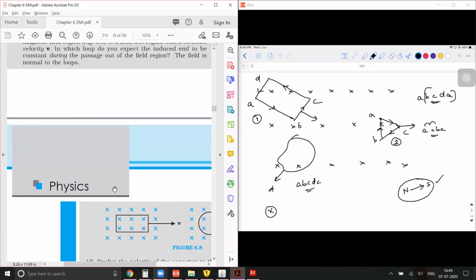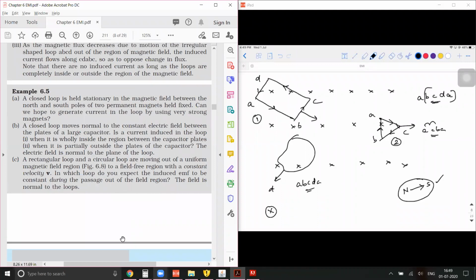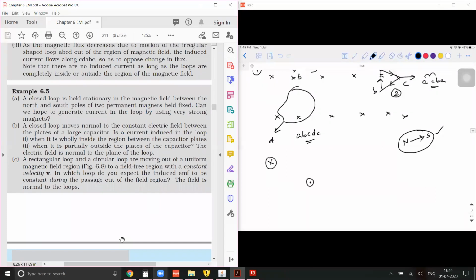So this is how you solve the problem. Now, sir, for every question like this, we consider ourselves as North Pole always? Not always. Had they put a dot, then we are the South Pole, because you are receiving the field lines. If the magnetic field line is into the plane, that means we are the North Pole. I have not seen this kind of problem with anything other than into and out of the plane. If they give something like this is a North Pole, this is a South Pole, fine, but they mostly give you an into or a dot.